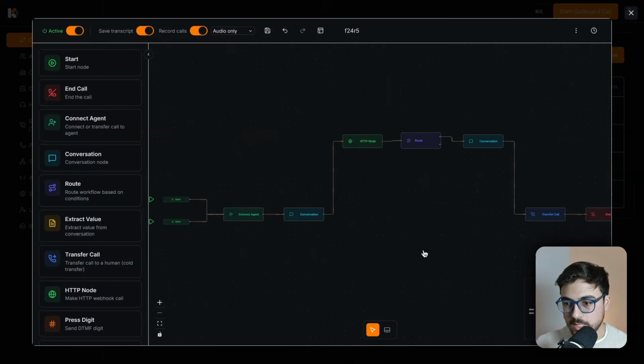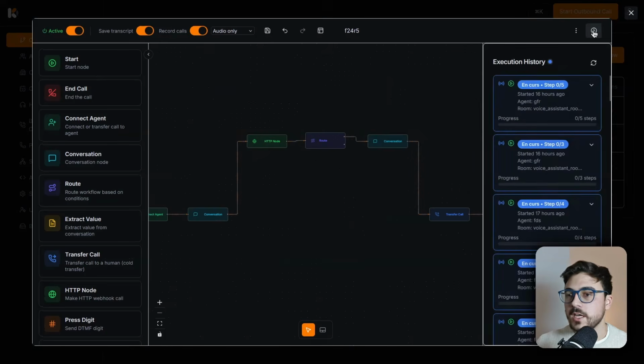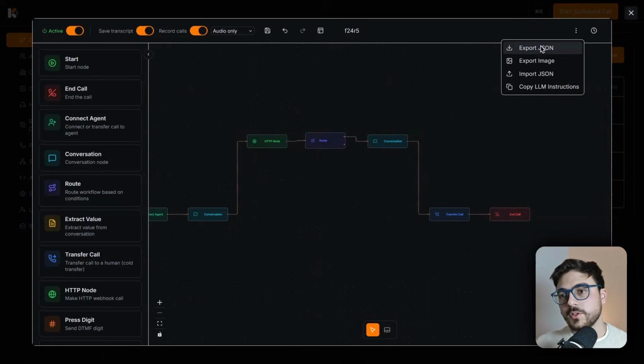Okay, so yeah. You also have the history here. This is something that I'm still working on because it is not tracking the things correctly. And also you can export this call flow in JSON and import the JSON, and also copy the LLM instructions